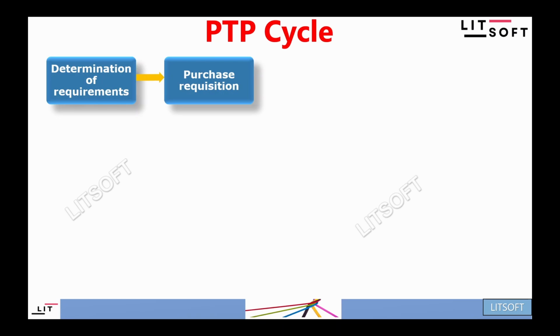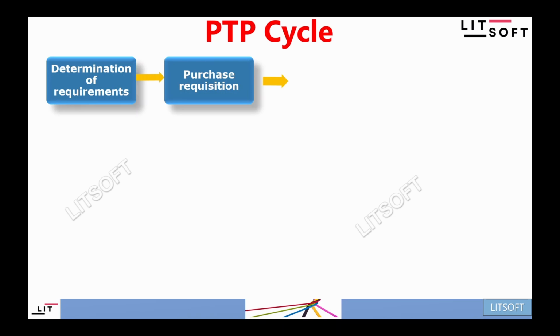Let's discuss the overall PTP cycle. How do we get the requirements? The determination of requirements might come from the sales order, where the customer is asking for what they want and these are the variants. Otherwise, from past history, independent requirements from the production and procurement departments, they will come up with